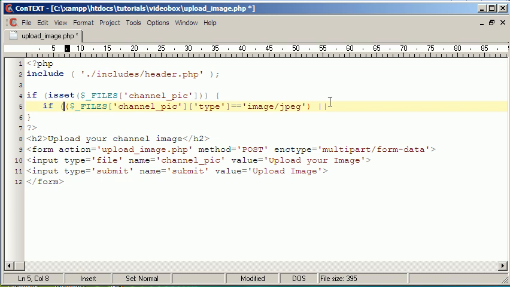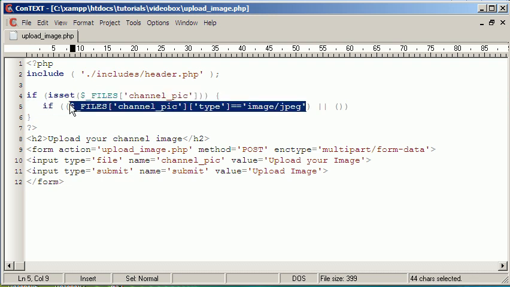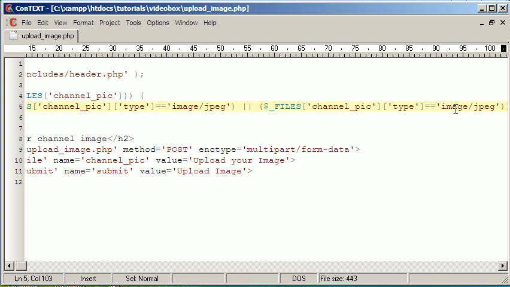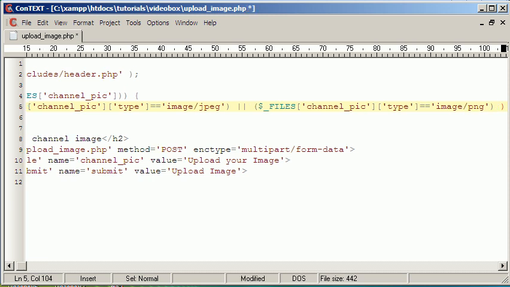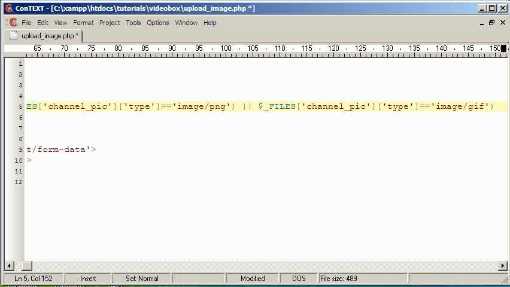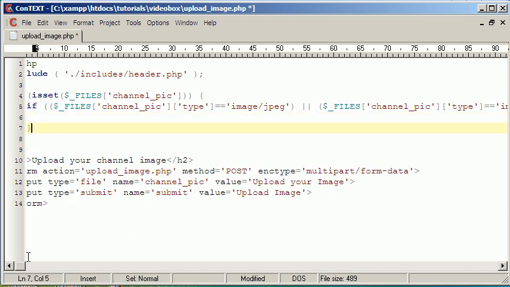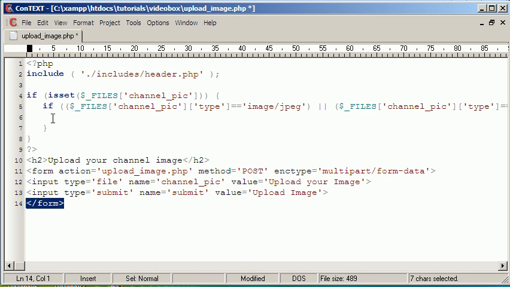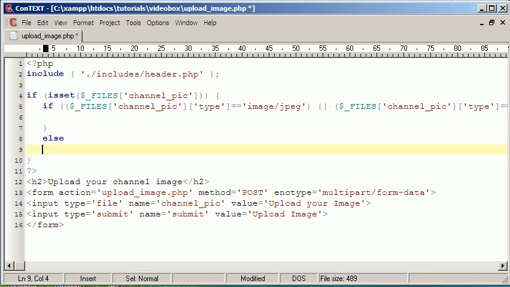Surround that with another set of parentheses, copy this, paste it in here and change this to PNG, and then do another one, or, and this time say GIF. So here we have 3 types of files that we're going to accept, and if it's one of those files, we accept it, or else